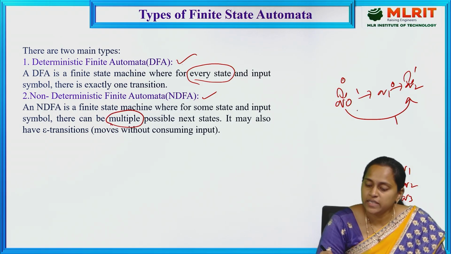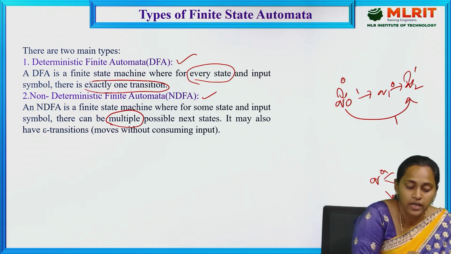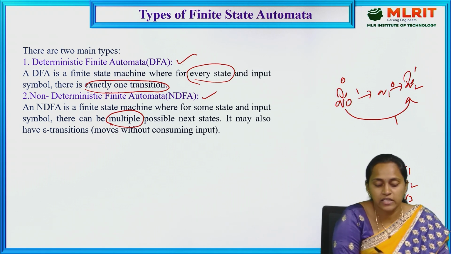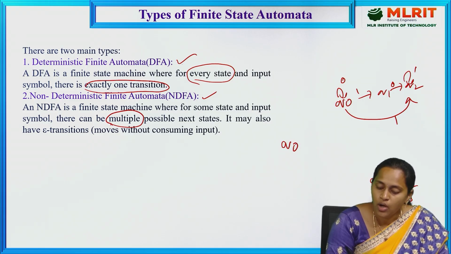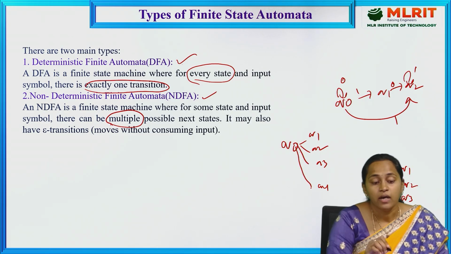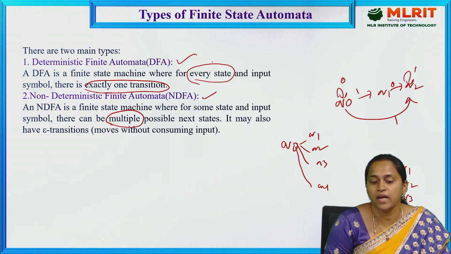Here we are taking 3 states, Q0, Q1, Q2. Here Q0 goes to Q0 and Q0 goes to Q1, right? This is the case where every state has exactly one transition. Next, see the example of an NDFA, non-deterministic finite state automata. Here it has multiple possible transitions, that means Q0 to Q1 or Q2, Q3 or Q4. Like this, one state goes to multiple states. This is the difference between DFA and NDFA. It is a very important basic concept in finite state compiler design and natural language processing.